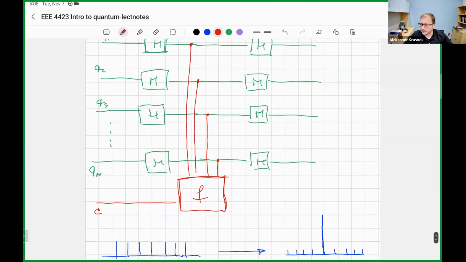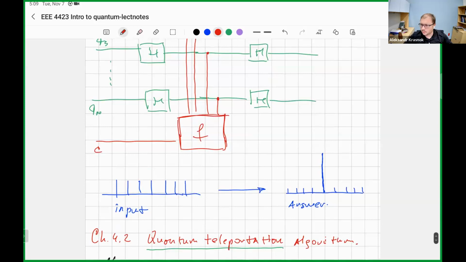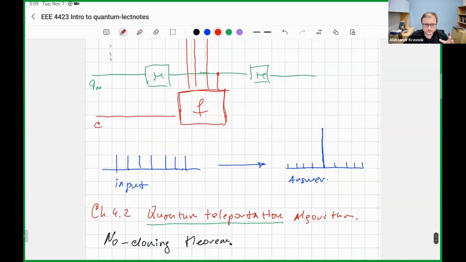The purpose of the circuit between the Hadamards is to operate on the phases of the quantum state in a controlled way. In the output of the circuit we get the answer. We have some input in the circuit, and our answer is the amplified amplitude for a particular state. So if we encode our problem in the input or in the state of this function f, as we will discuss today,